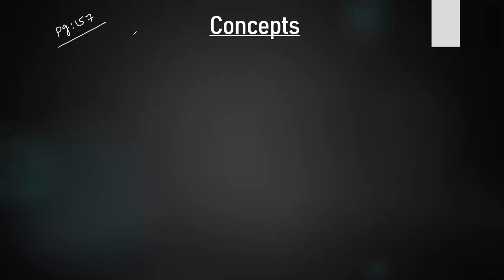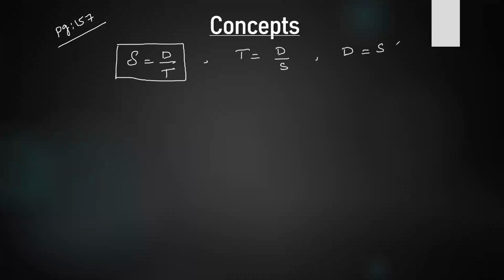Okay. So we know that speed equals distance by time, right? From this, we can say that time equals distance by speed. Actually, this is the main thing, right? Speed equals distance by time. From this, time equals distance by speed, and distance equals speed into time. For example,